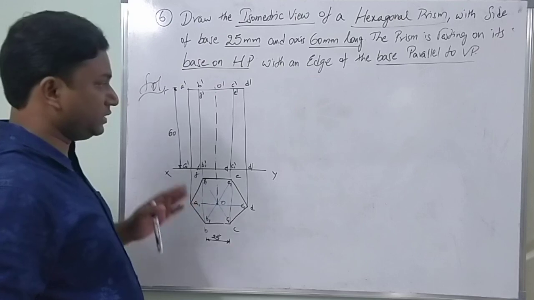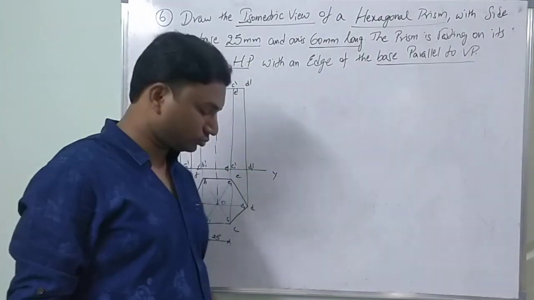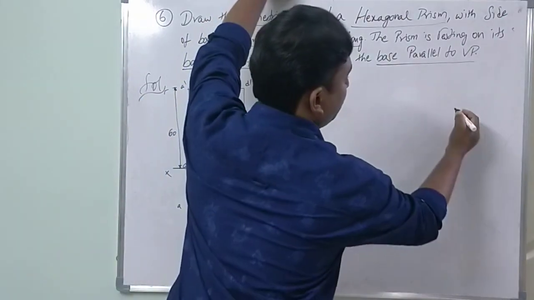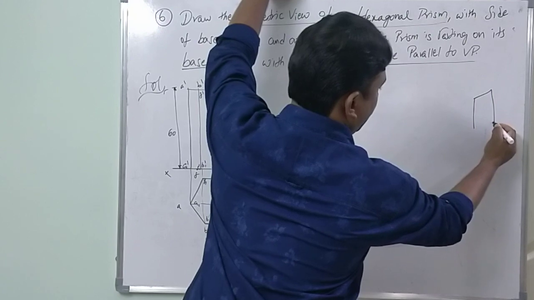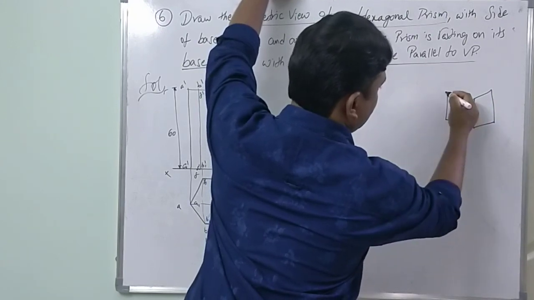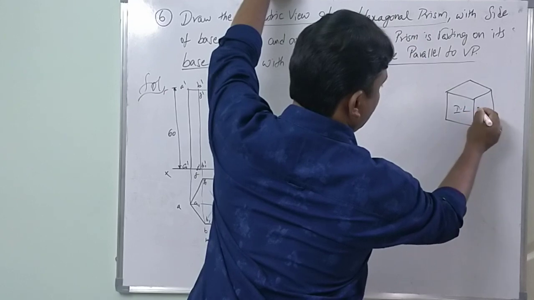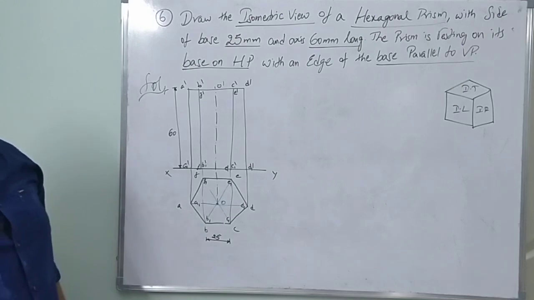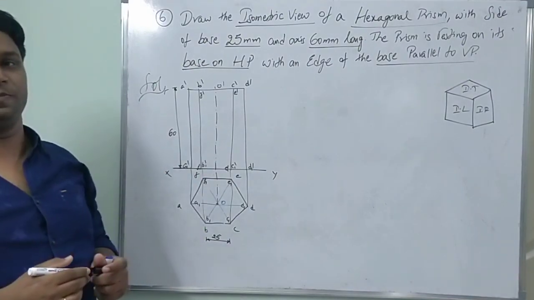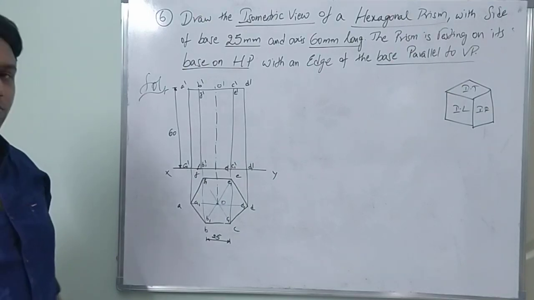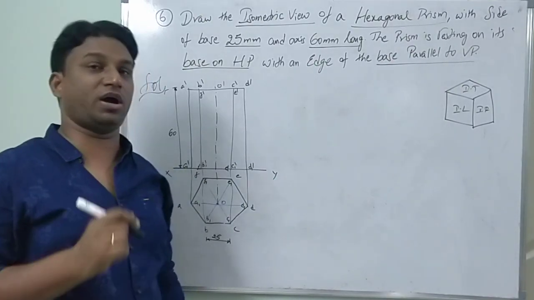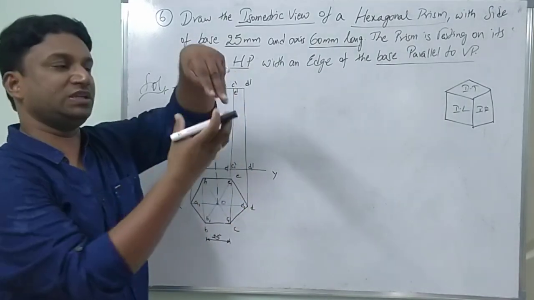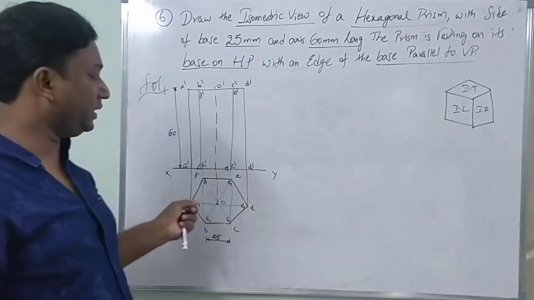After completing this, we are supposed to convert into the isometric view. Remember what are the isometric view planes we have? Iso right, iso left, iso top. But here, iso left, iso right and iso top are the boxes. Now how to draw the boxes? In the previous problem which we discussed, it was a square prism. Directly we generated the views with respect to the cube itself, but having some more height. But here it is a hexagon.